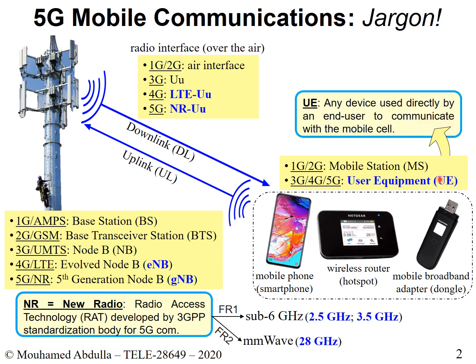Now, I should perhaps also mention the official definition of what a UE is. A UE is any device used directly by an end user, somebody using it to communicate with a mobile cellular tower, any device. So that's the official definition of what a UE is. We are saying that UE is used for 3G, 4G, and 5G, and as you see, even in 5G, the term UE is still used. But perhaps this will not be the case for long, because in 5G you have different types of equipment that you'll be able to communicate with.